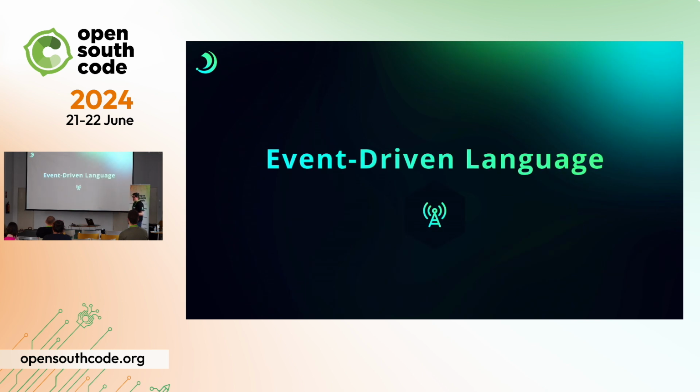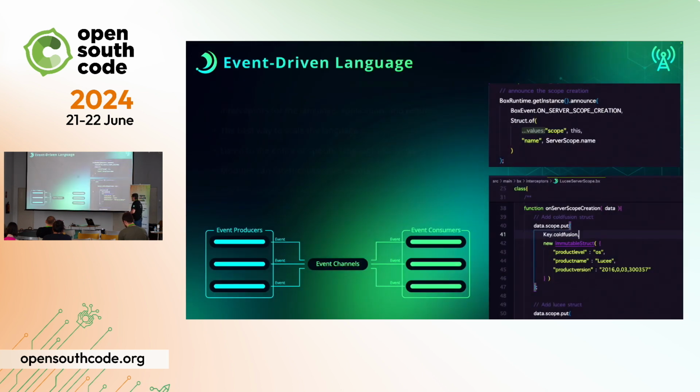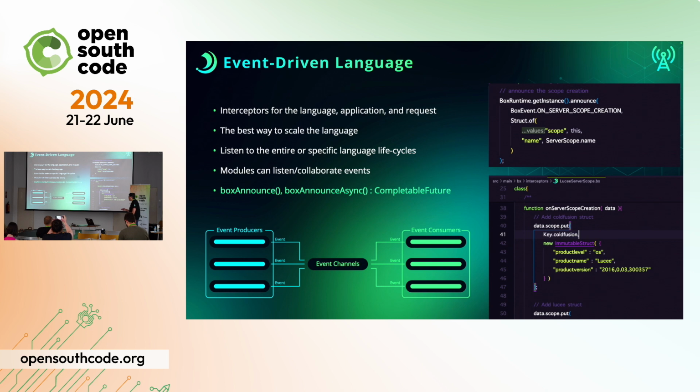Another feature important for developers that would separate the language is event-driven programming. And this was important. We needed the capability for the language to produce events, developers to register those events, and consume them. So just a typical observer-listener pattern. Okay? And this is core.